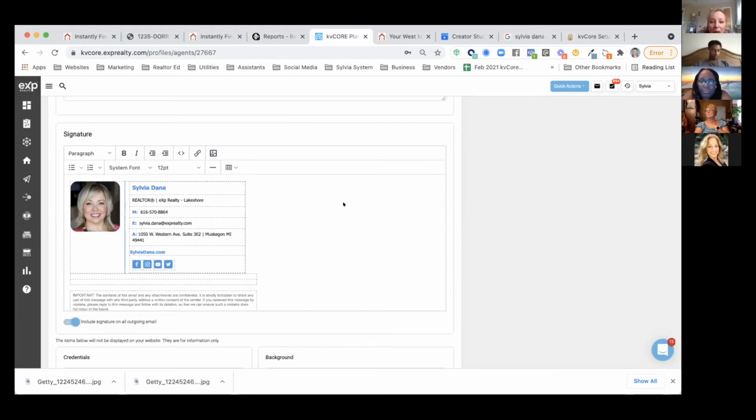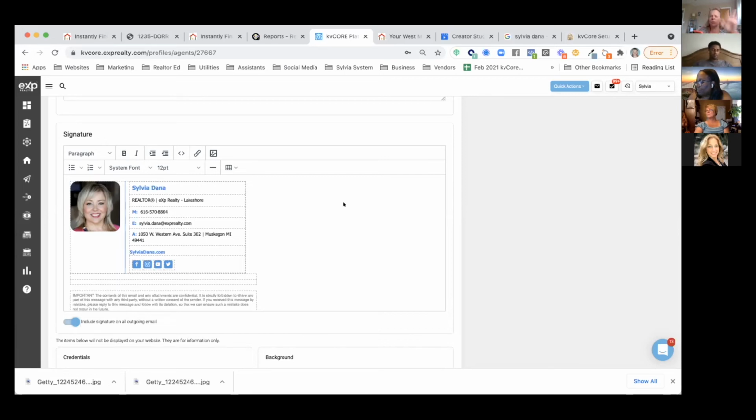With the smart number, it does go right to your cell phone. The calls come to your cell phone, but they come from your smart number. So I can see every time I get a phone call, a text message or a lead, it comes from my smart number. That's how I get notified from my own smart number. If I use the kvCore mobile app, which I highly suggest you do, and you call somebody from your app,